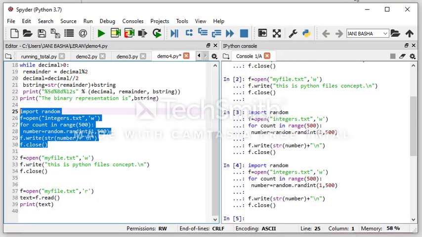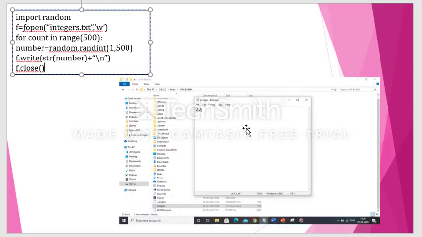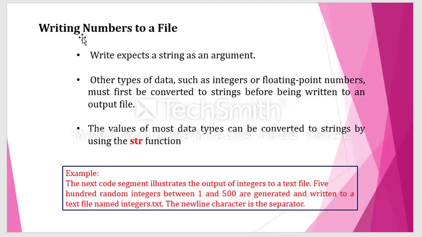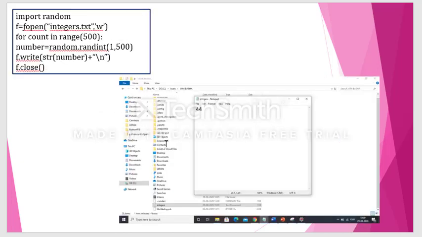So this is how we are writing integers into the file. The basic concept is writing numbers to a file. The only thing you need to observe is that values of other data types must be converted into strings by using the str function. Only then can you store those values into the file. Otherwise it will not accept them, right?